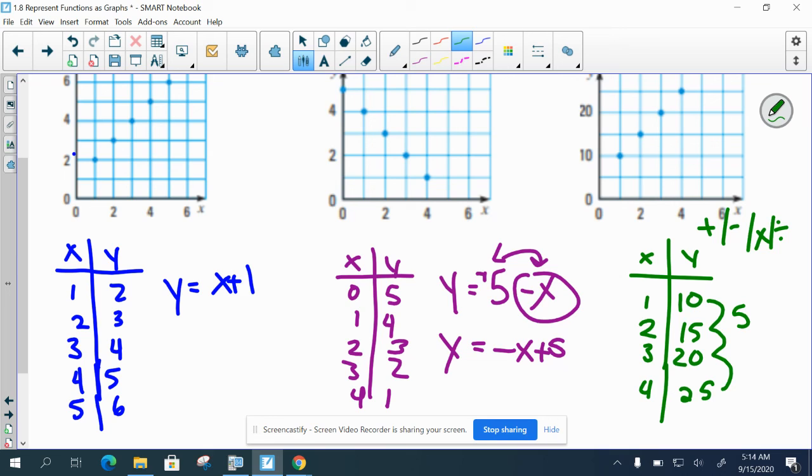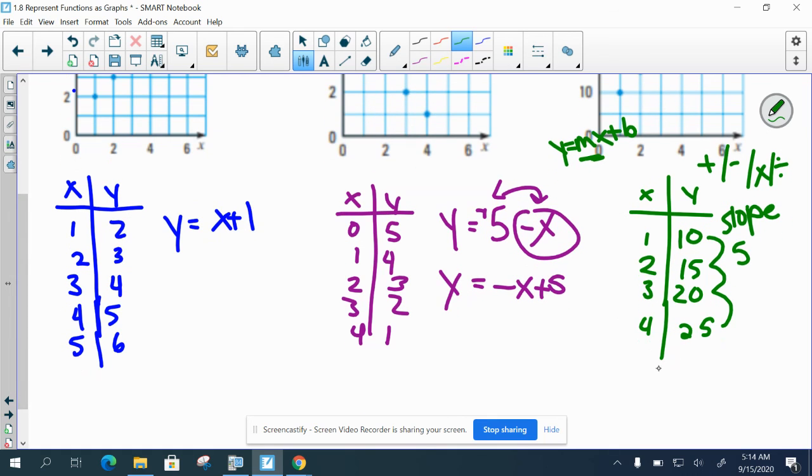What that is called is the slope. So if you remember, slope is the number that's multiplied by x in the formula y equals mx plus b. So actually our m here, the number that we multiply by x, is going to be 5 because you're moving up by 5 in the y. You're increasing by 5 for each x. So y equals 5x, but that's not all,